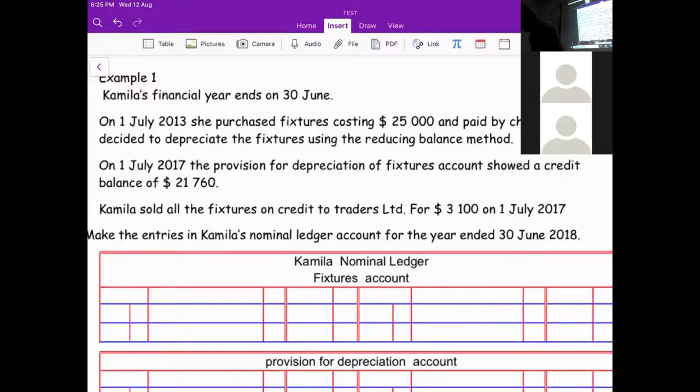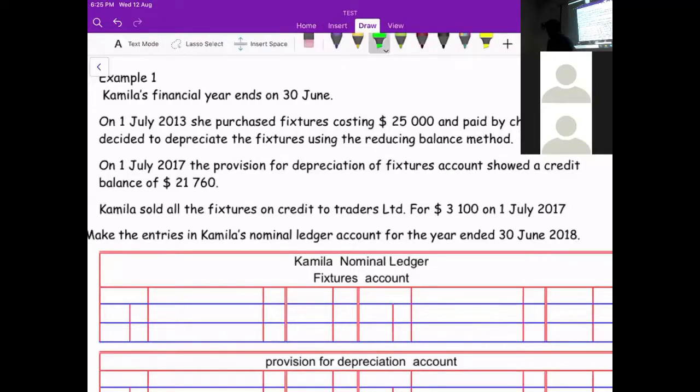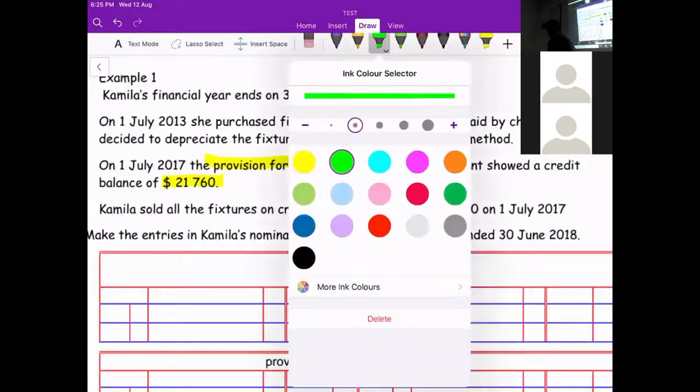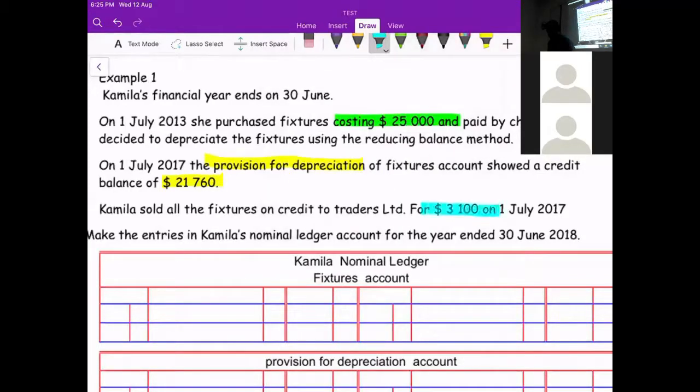Okay, to make your life easy, let me give you some tips. This is the cost. This is the provision for depreciation. This is the proceeds. And you need to calculate profit. Can we calculate profit or loss? What's the formula to calculate profit or loss? You take your